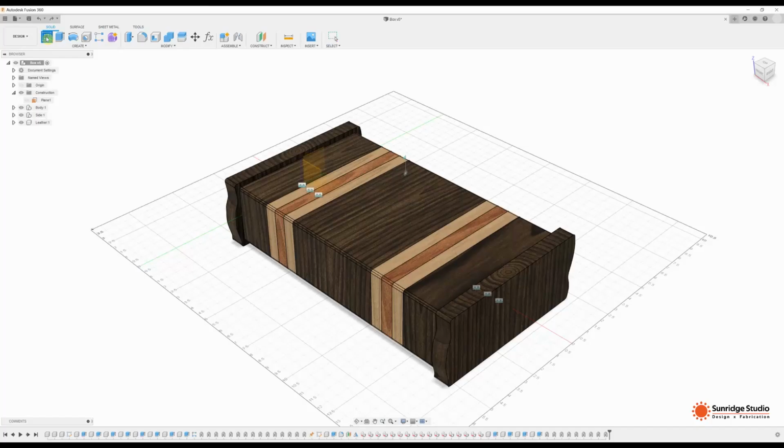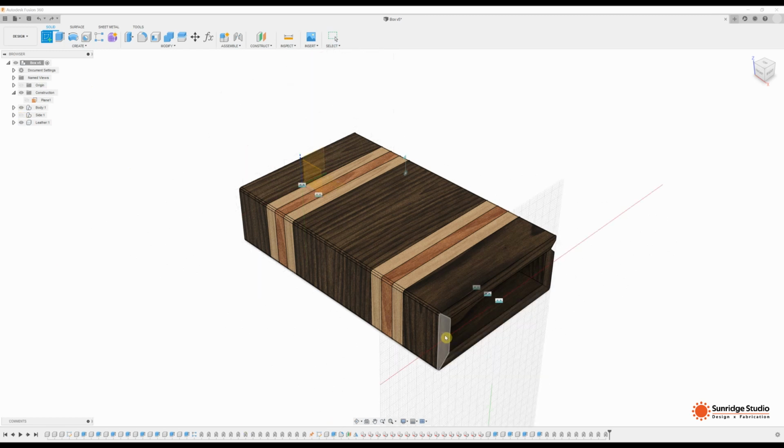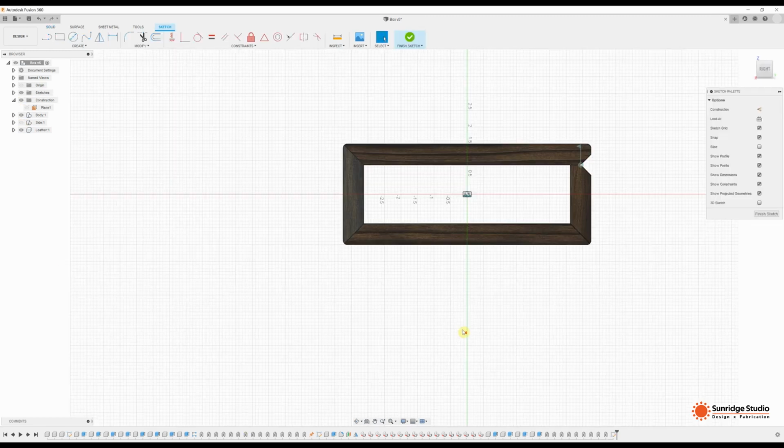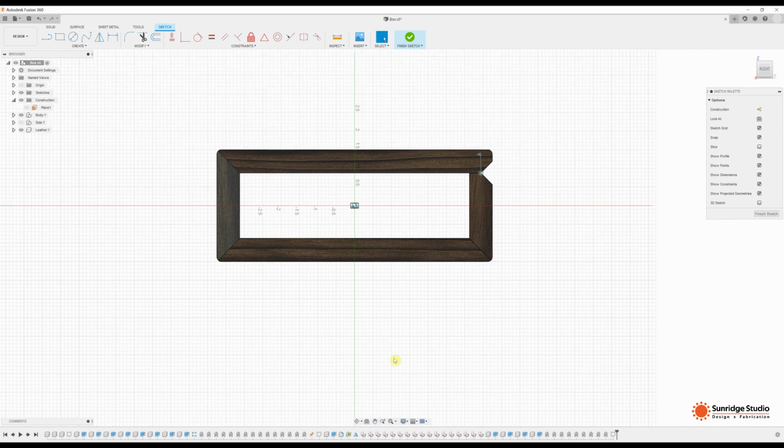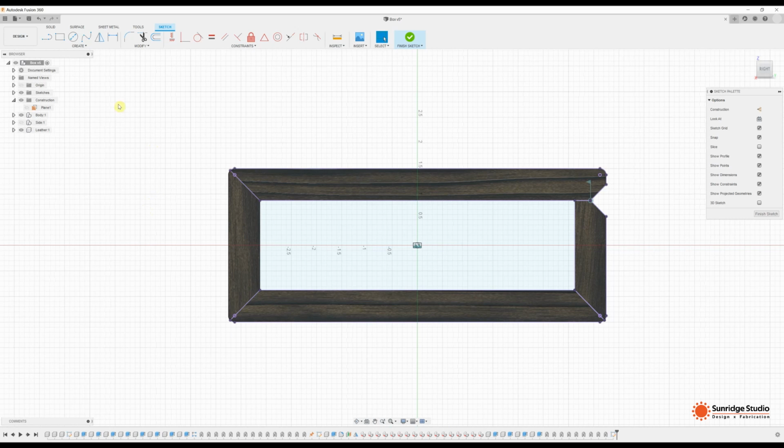Okay, let's continue. Let's create a new sketch. Turn off the side component first, and then we'll create a sketch on the surface of this body side, and we use the project tool to project the other three body components to this sketch. And we need to create some construction lines, so we create a line in the center of this component, and we